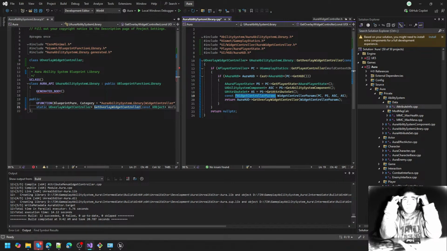Now we also need the ability system component and the attribute set. Well, we cast to AuraPlayerState. AuraPlayerState has functions for both of those. So we can say PS GetAttributeSet, GetAbilitySystemComponent. How convenient. So let's make a UAbilitySystemComponent pointer called ASC. We'll initialize it with PS GetAbilitySystemComponent. And we'll make a UAttributeSet as well. That's a pointer. We'll call it AS. And we'll use PS GetAttributeSet. So now we have